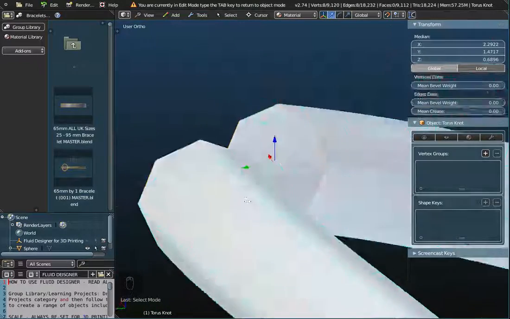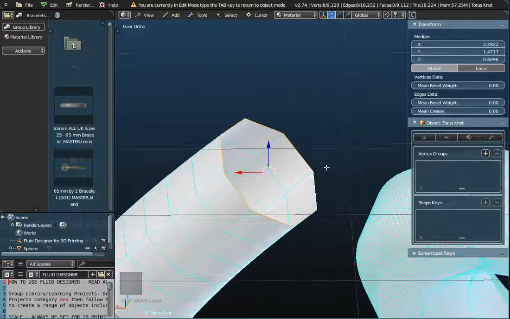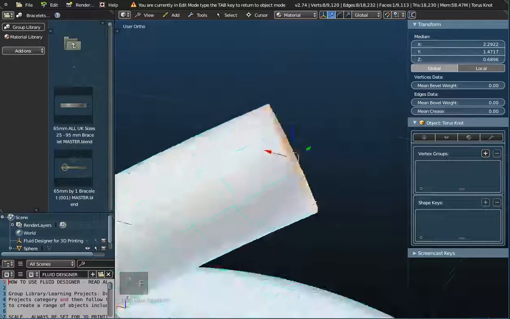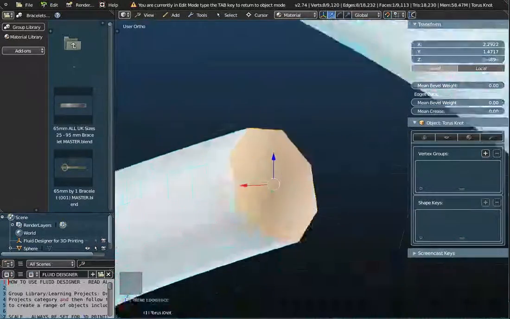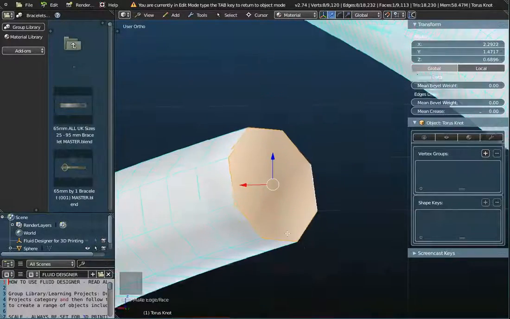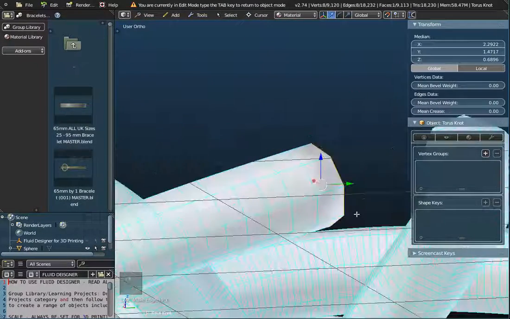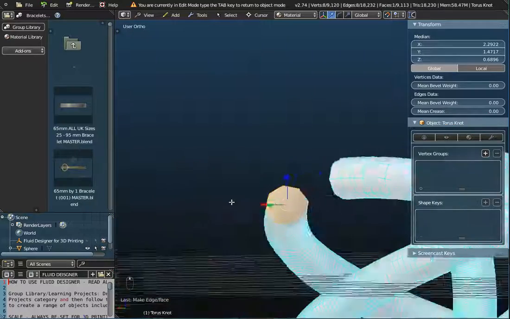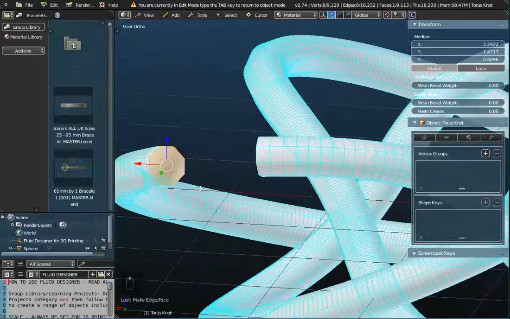All the way around. And if I now press F on the keyboard, now F is really for fill or for face, think of it as face as well, it's fill. It adds in a face to the end, and I must have that if I'm going to 3D print this object. So let's look at the other end of the